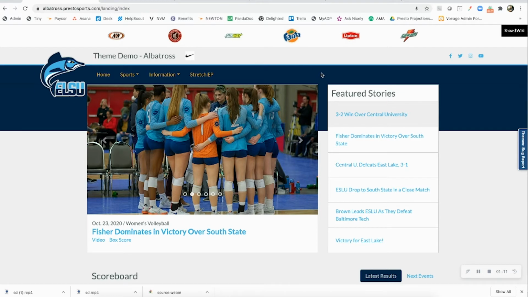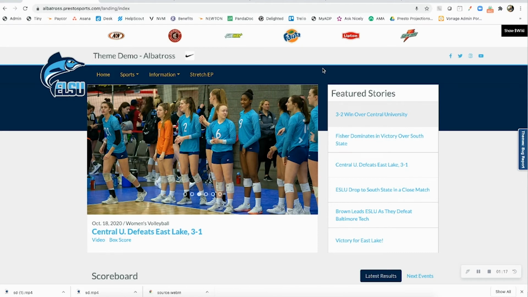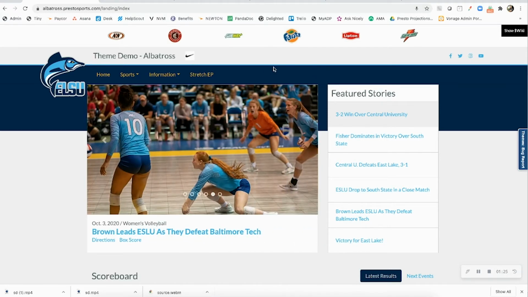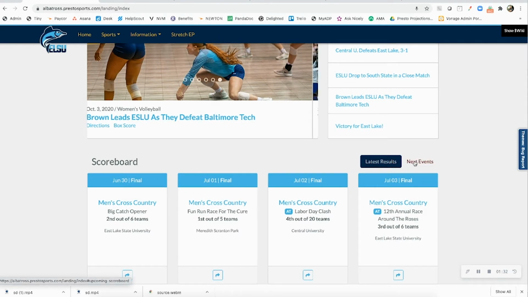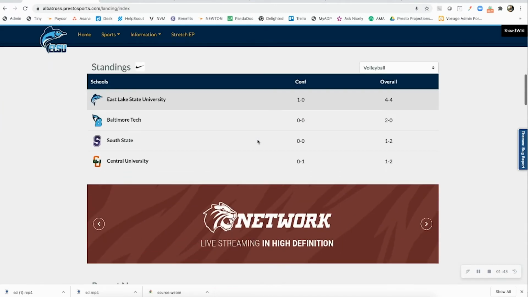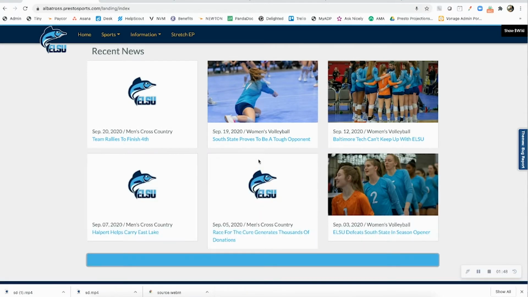The first layout I'd like to show you is entitled Albatross. And I will just show you the features of this particular layout, and we will take a look at how Albatross may benefit you. So as you can see, we have our traditional header along with a news rotator. Going down a bit further, we have a scoreboard option with latest results or next events. We have a banner here that shows the next event for your upcoming events with a countdown clock example. Standing section, recent news, which you can certainly load more and more of those recent news